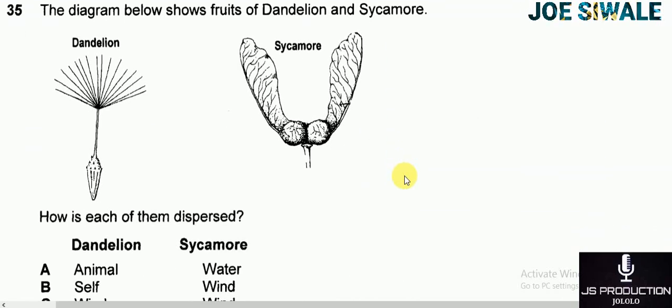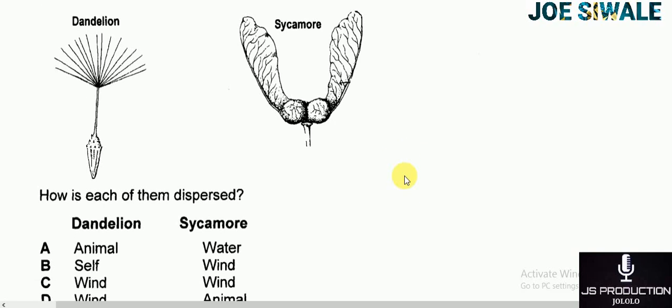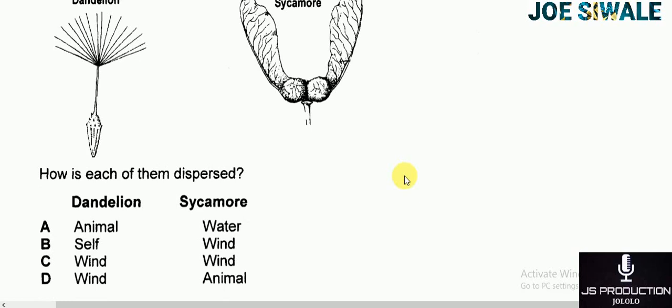Question 35 reads: the diagram below shows fruits of dentalion and scamo. So I have dentalion and the scamo. How is each of them dispersed? The dentalion and the scamo. So A, animal for dentalion, and for the scamo I have water. B for the dentalion self, and the scamo I have